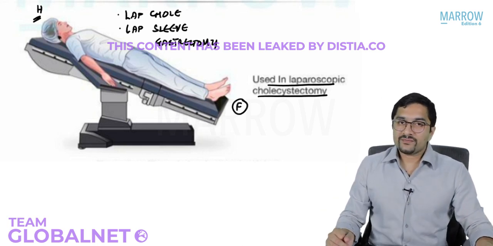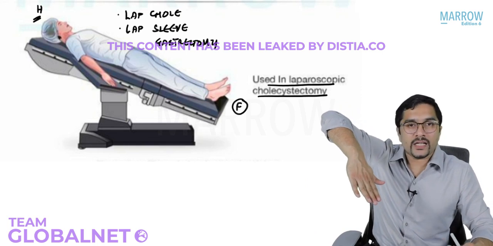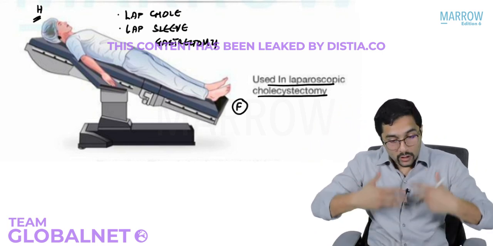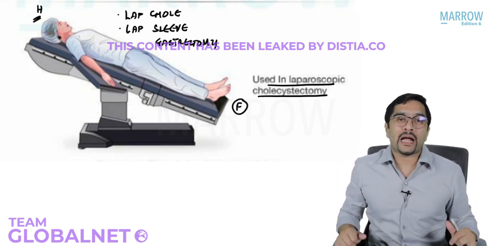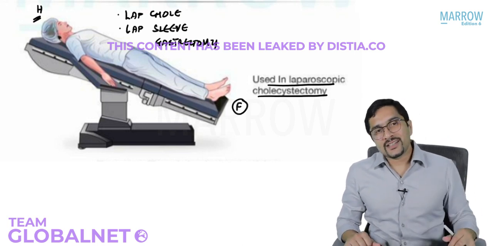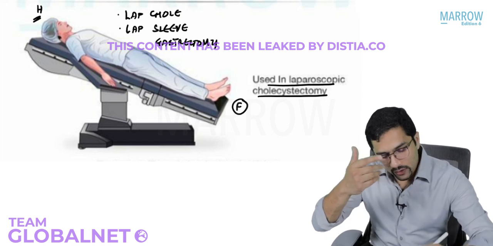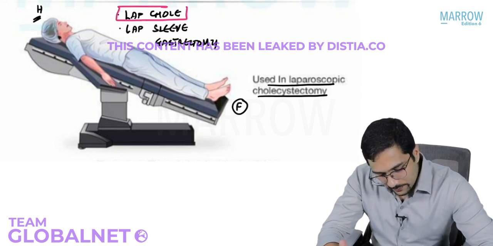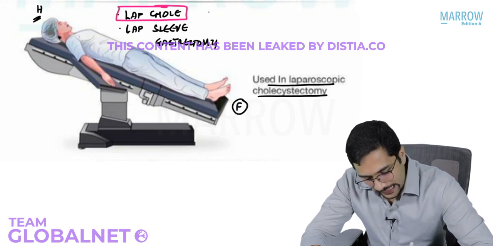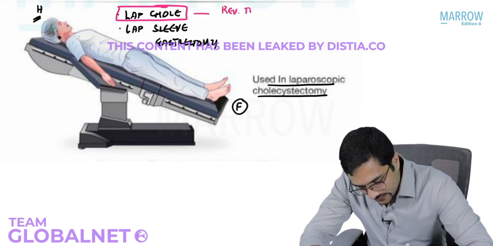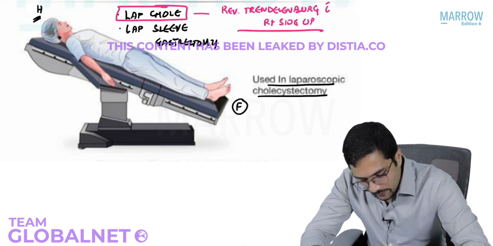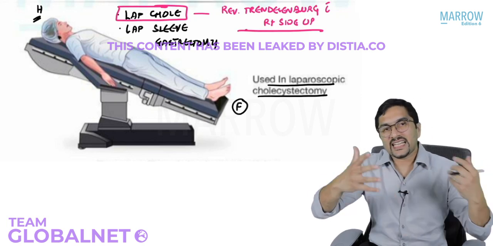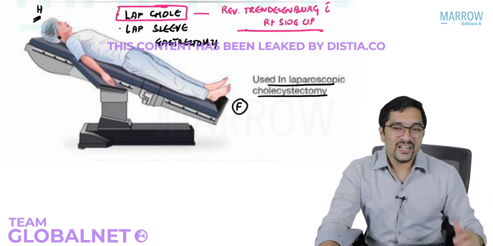And what is the advantage? The advantage is that when the head end is up and the foot end is low, all the bowel will fall down, right? All the bowel is going to go into the pelvis and it will be easier for me to operate in the upper abdomen. Okay? So that is your reverse Trendelenburg position. Now, in the gallbladder module and the minimally invasive surgery module, I've also told you for lap chole, it is reverse Trendelenburg with right side up, so that all the bowel falls on the left side and I can easily dissect the Calot's triangle to dissect the gallbladder.